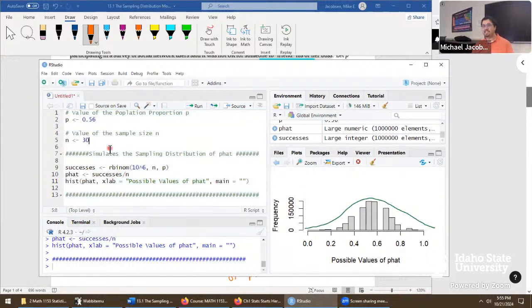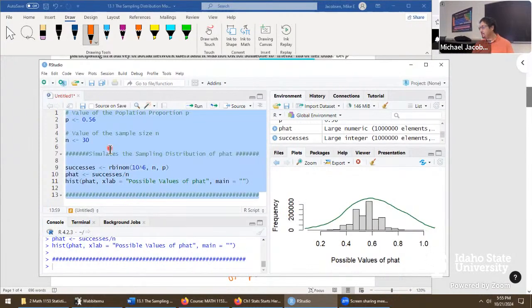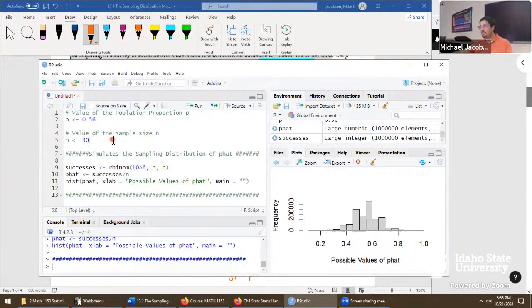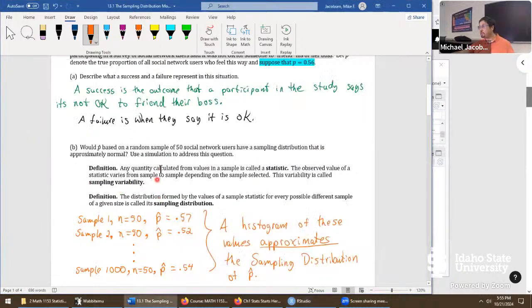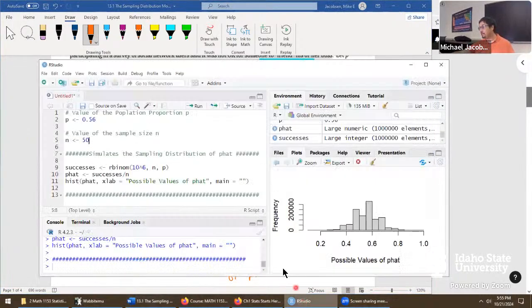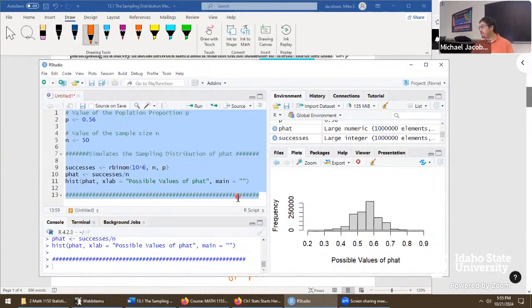So what if we double that to sample size 30? At sample size 30, it got a little bit weird, but at least the gaps are gone. So that's starting to look a little bit more cleaned up. The curve that was drawn above here starts to look a little bit off, so let's just take that off. Now if we go to sample size, say 50, this is what they were really using in the problem, a random sample of 50 social network users. We bump this up to 50. Here's the picture we get this time.